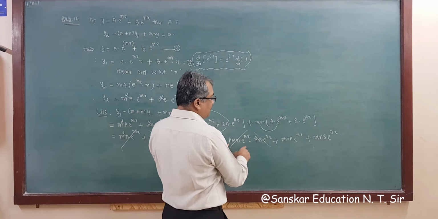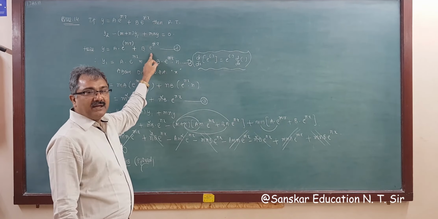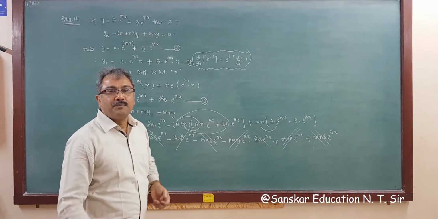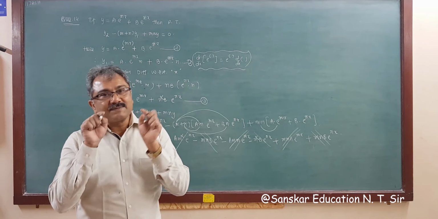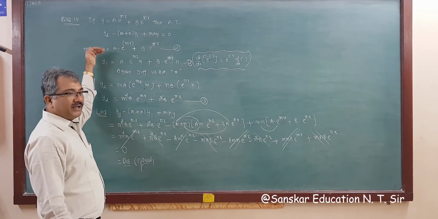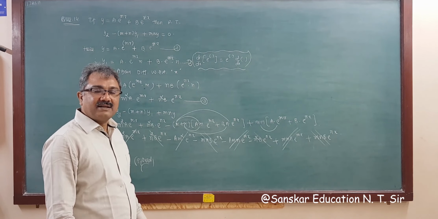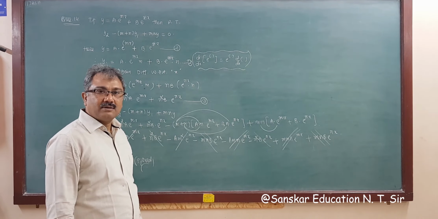So remember, in this type of question, you have to find out what you require, y1, y and y2. So find out y1, y2 and substitute in the left hand side, and you will get your right hand side. But never go substituting the value of a e^(mx) as y minus b e^(nx), as we did in the previous example. Never go for that, otherwise it is a complicated simplification for you. So the straightforward way for an exponential function is to find out y1, y2 and substitute in the given statement's left hand side and get your right hand side, whatever you want, equal to 0 or whatever is given.